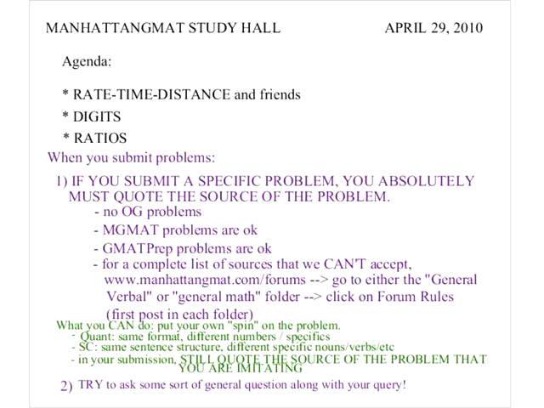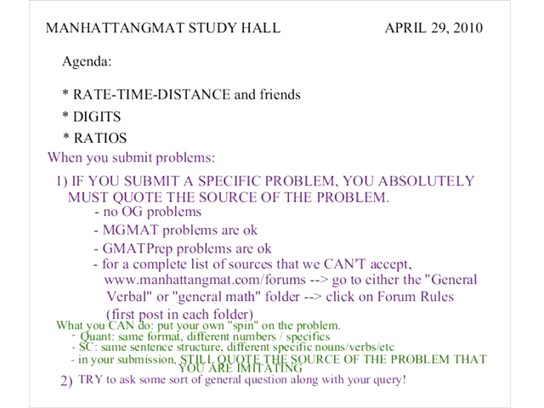So for instance, if it's just a problem like, why is choice C wrong on this problem, I'll still look at those. And if those give rise to any very interesting principles, then I can pull those principles out and post them. But in general, if it's just a question about one answer choice to one problem, then that doesn't really belong in the study hall. That's more the kind of thing that belongs on the forum.